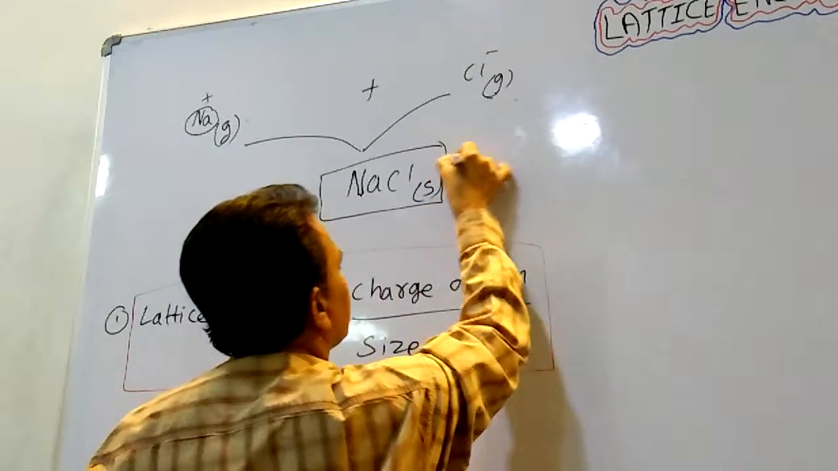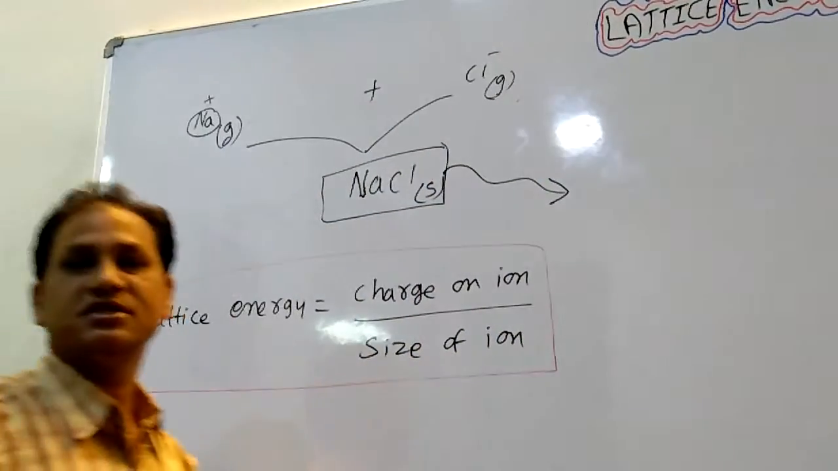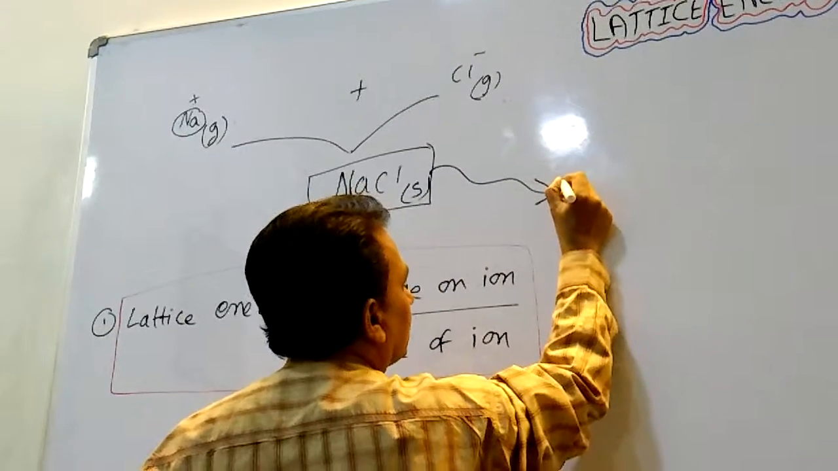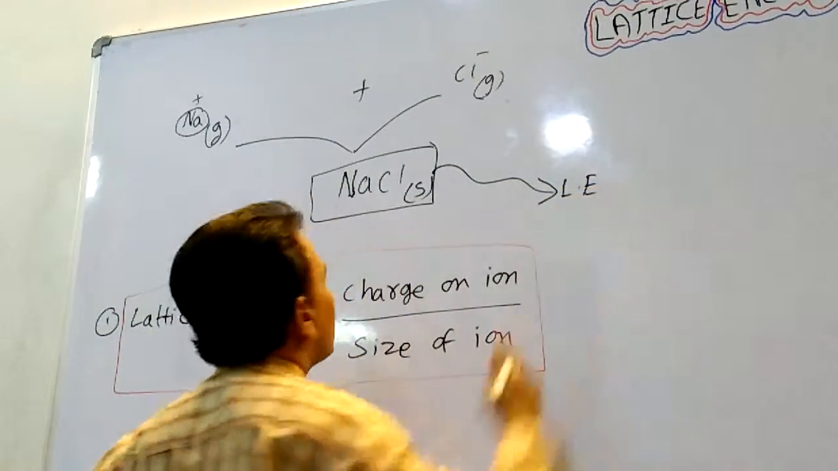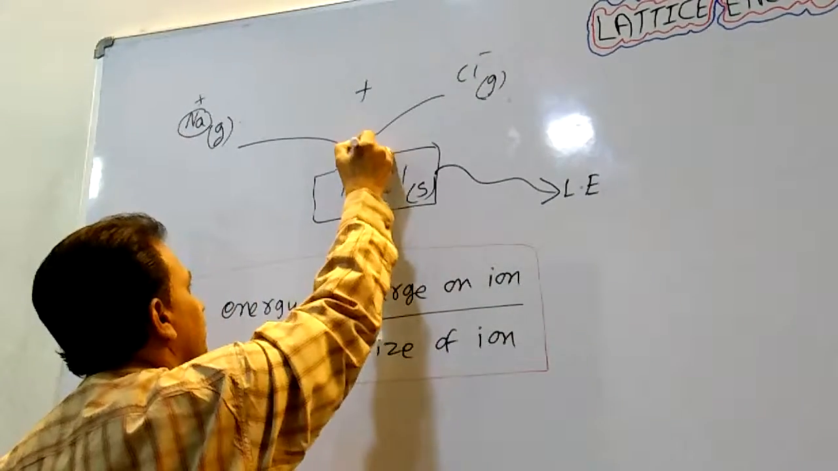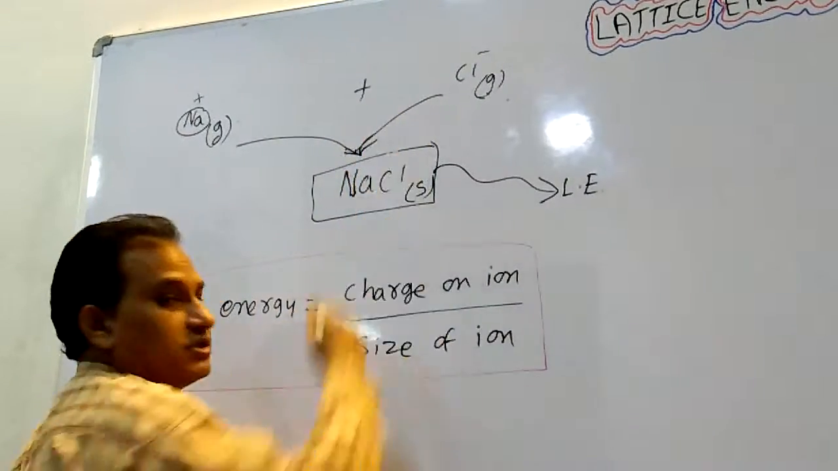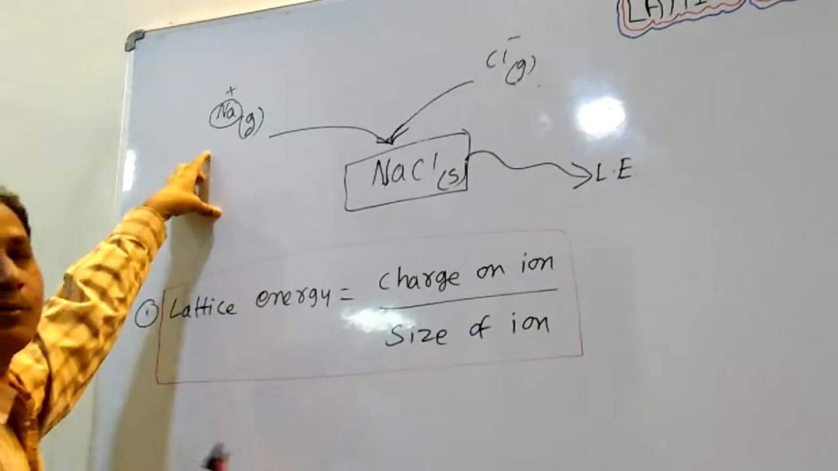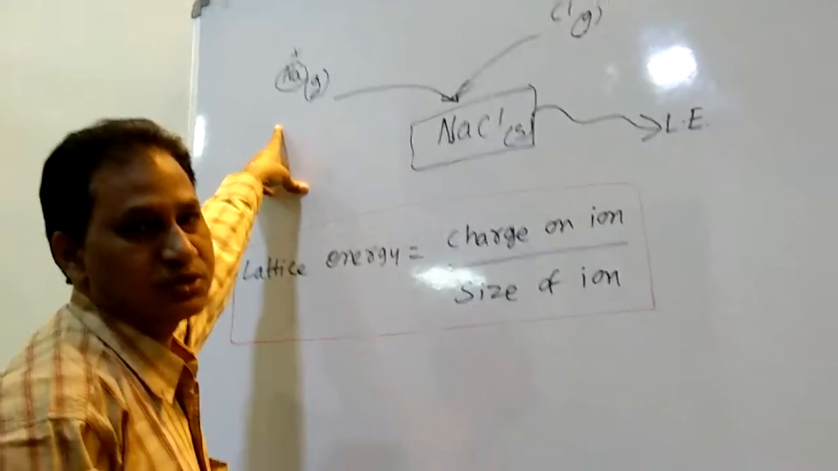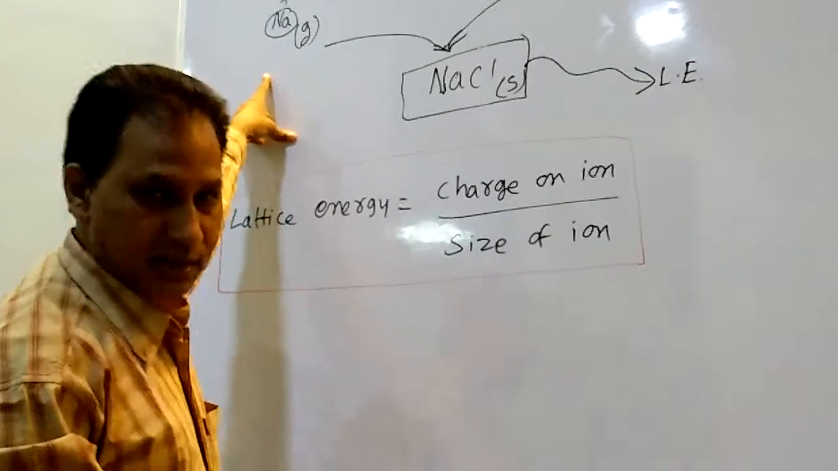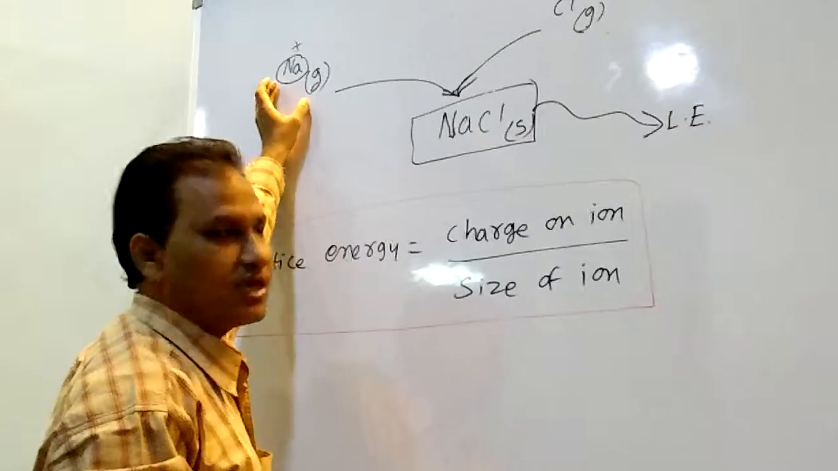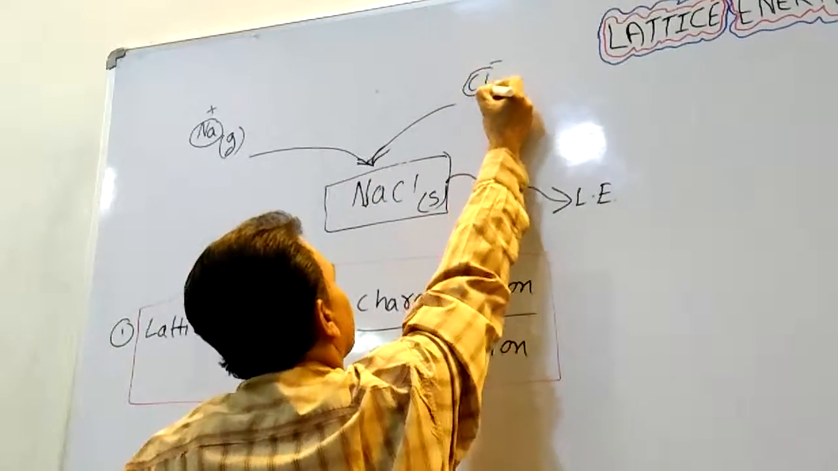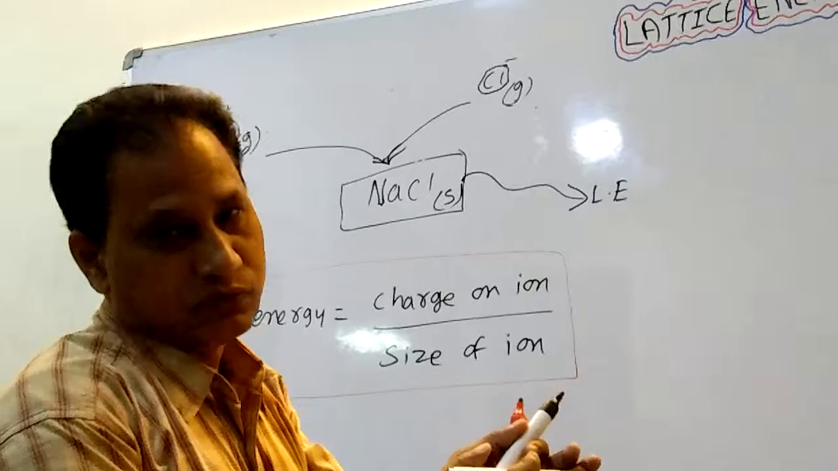At that time, some energy is released. That is known as the exothermic crystal lattice energy. What is the lattice energy? The oppositely charged gaseous ions, like positive sodium gas and negative chlorine gas, combine together to form one